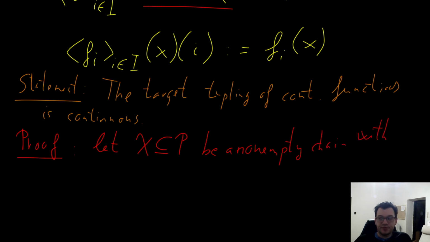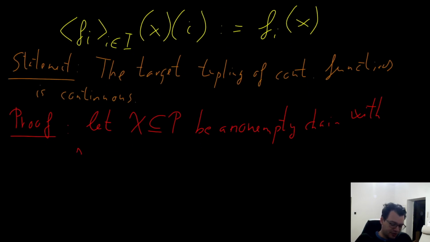Okay, so for the continuity definition, we need that for each non-empty chain having a supremum, the two operators can be swapped. So a non-empty chain with supremum, say X star, and we have to show